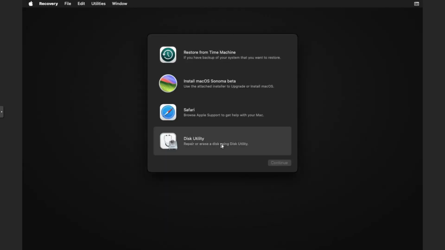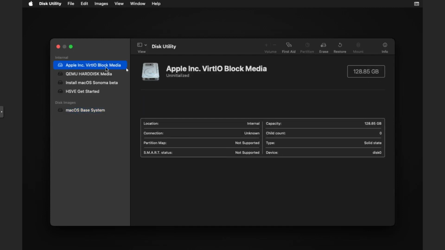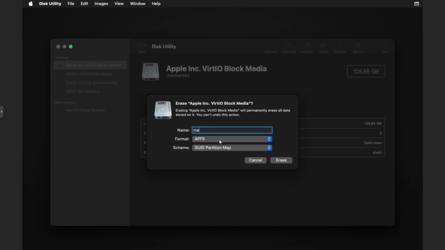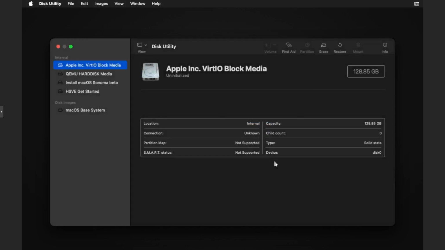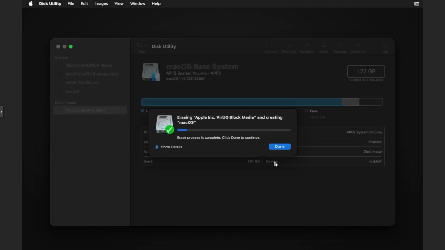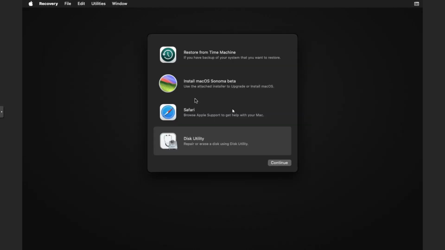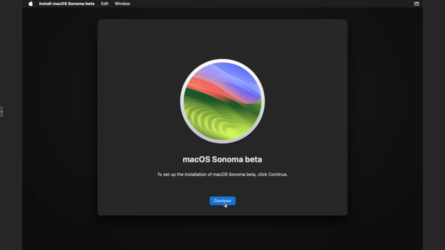So you go to disk utility, double click into it. The Apple Inc. Virtual Block Media, erase it, give it a name, erase. Once that's done, close that, double click on install macOS Sonoma Beta, click continue,